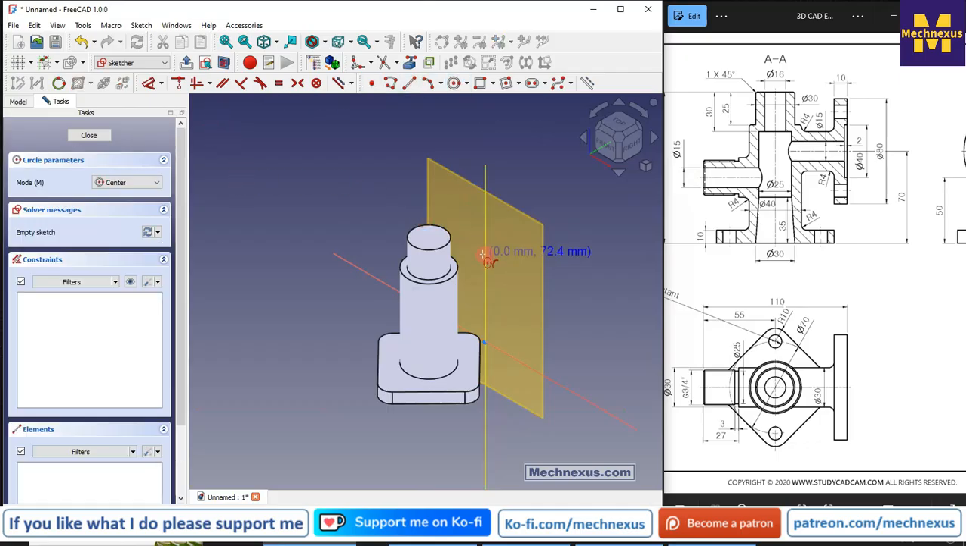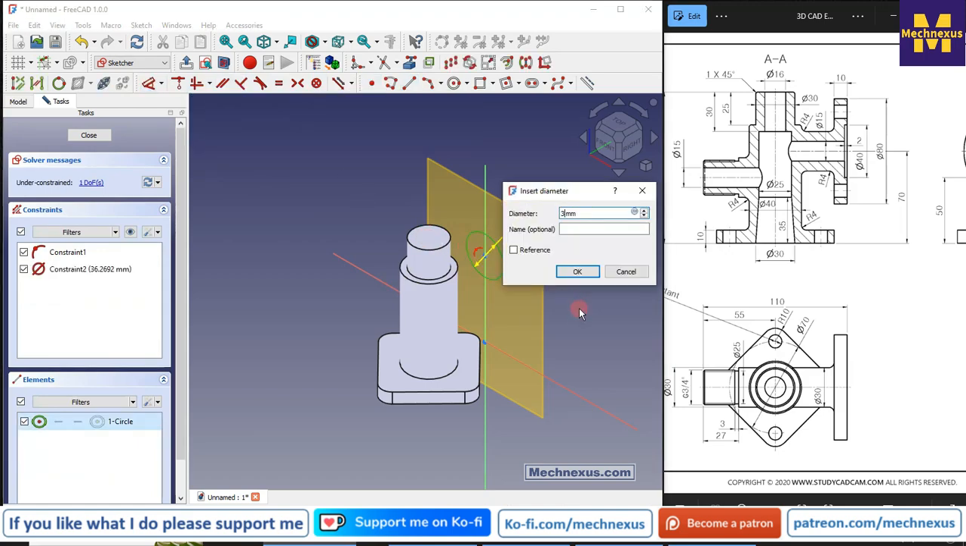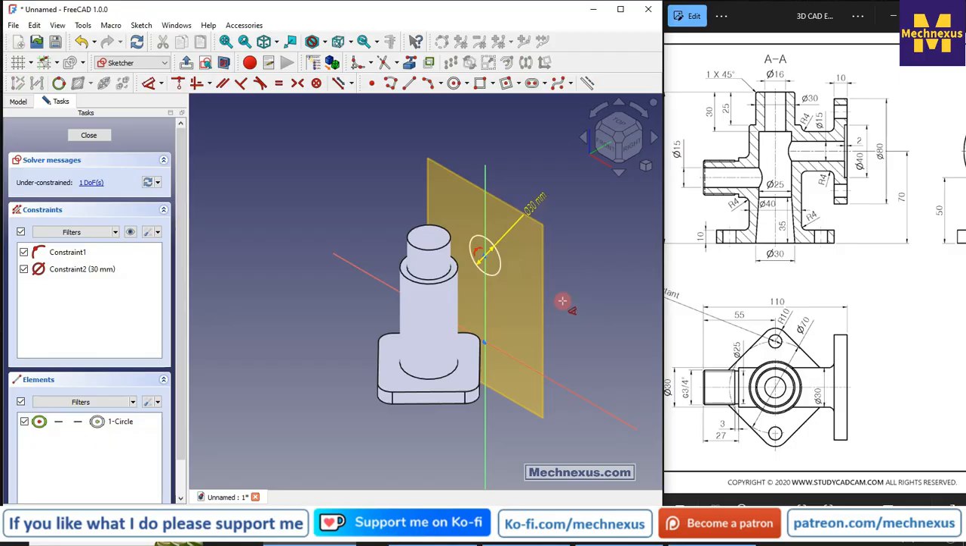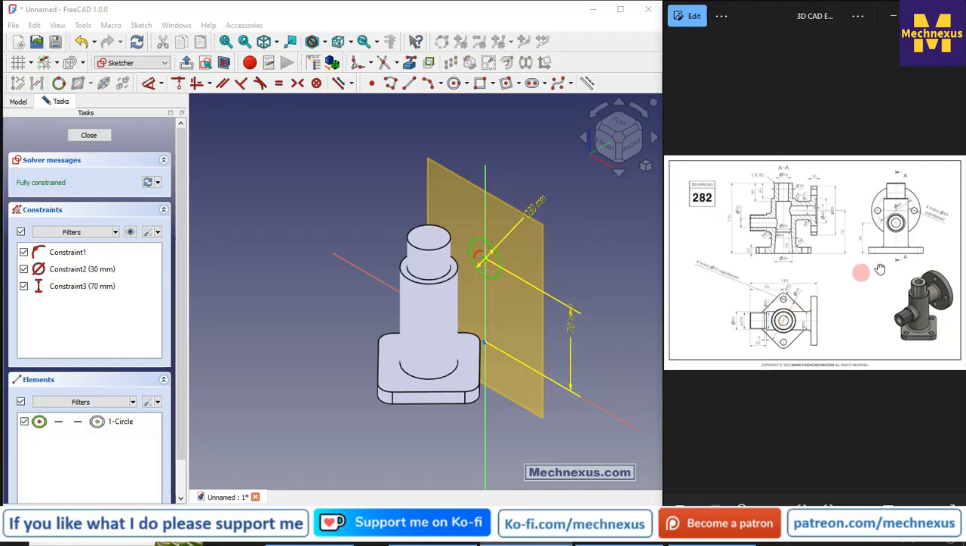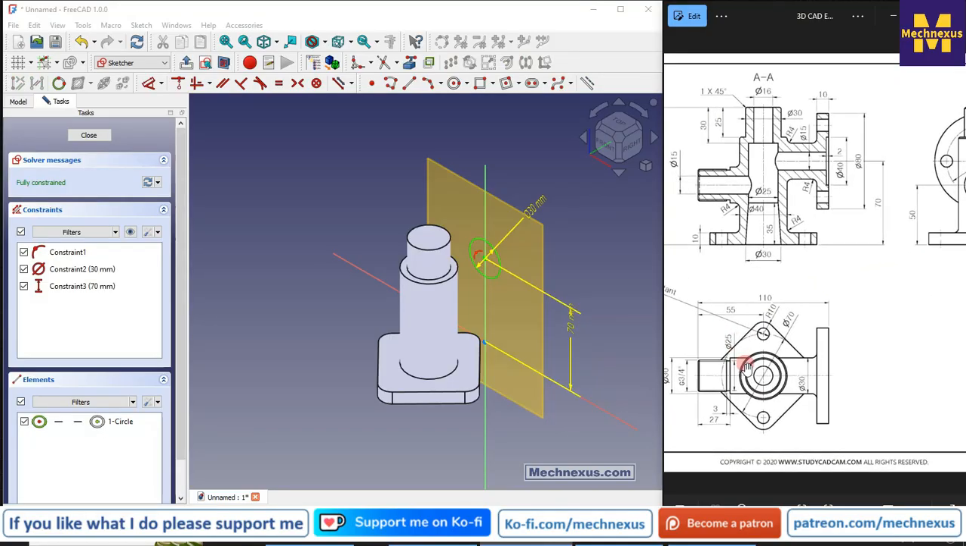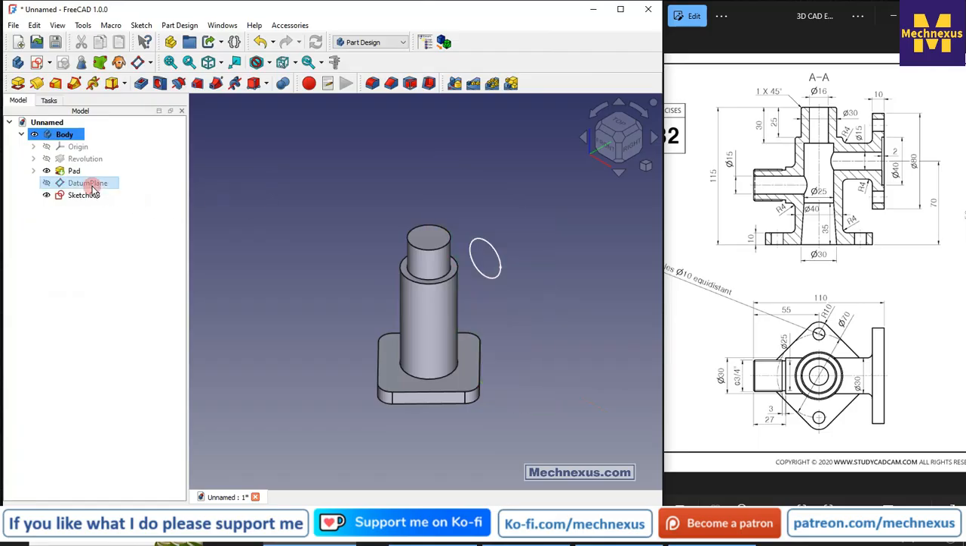So we will select a circle and create one circle, and this circle is of diameter 30. So we will select it and provide 30 mm, and now the bottom position from this to this is 70 mm. Now we will come out of the sketch and hide this datum plane and select this sketch and click on